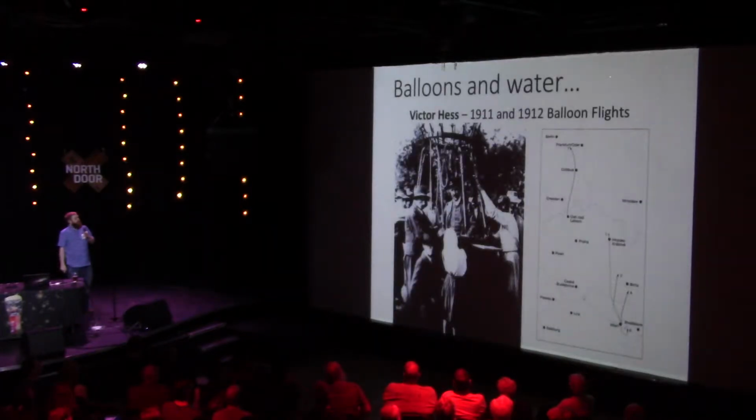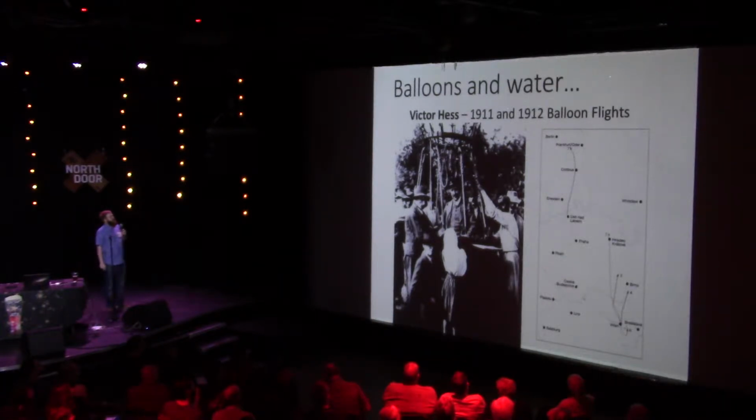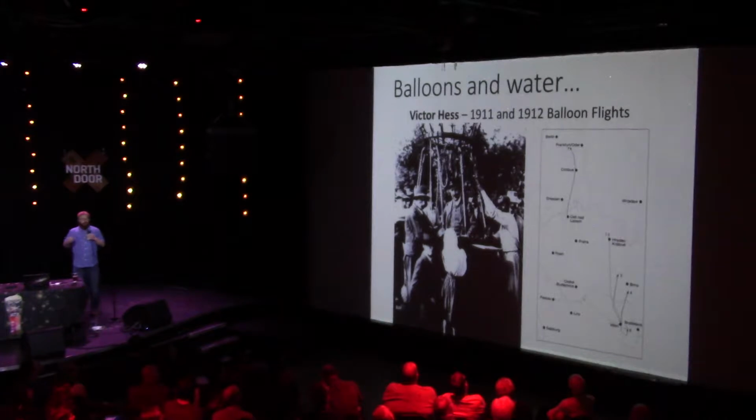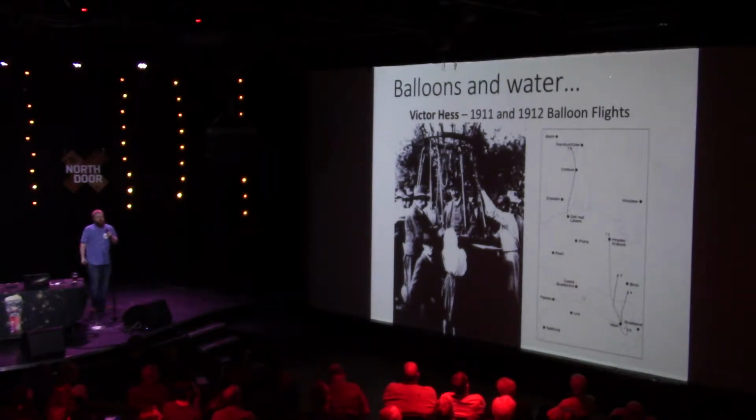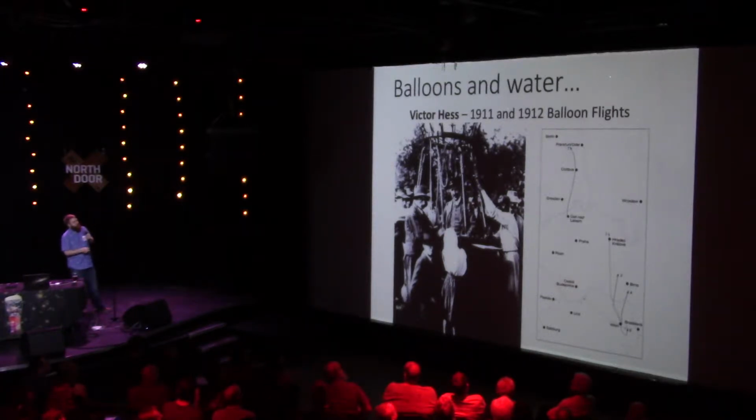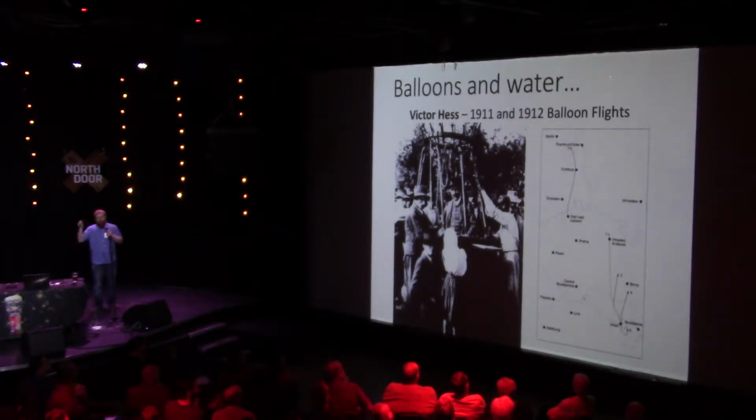And so Victor Hess, who's an Austrian-American physicist, in 1911 and 1912 did exactly that. He took several balloon flights where he got into a balloon, that's him in the center there, and went up with some instruments and measured the ionizations as he got progressively higher and higher. And he did a series of balloon flights. You can kind of see it going through here. There's about a handful of balloon flights where he did this, and he got to, I think, nearly a mile up in the air, if not a little bit more.